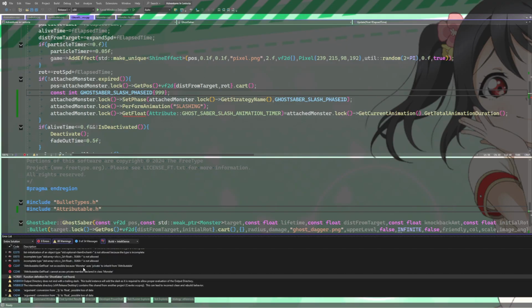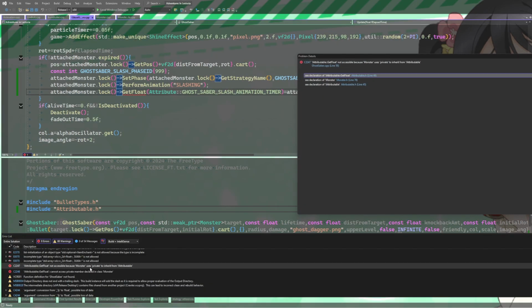Okay. Not accessible because monster uses private to inherit from